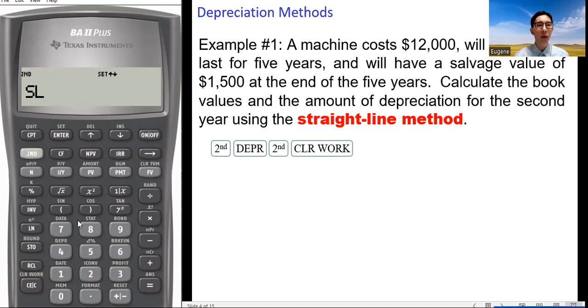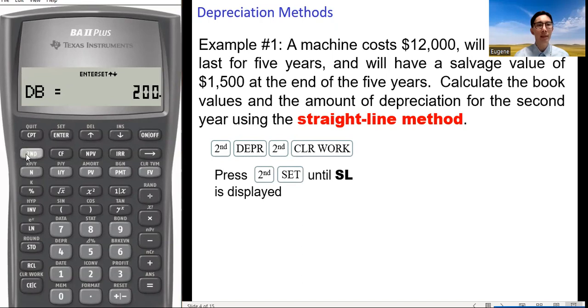Clear previous work if necessary by pressing second and then clear work. Next, we choose the straight line method, SL. This is already SL. Otherwise, we press second and then set until SL is displayed on the calculator.